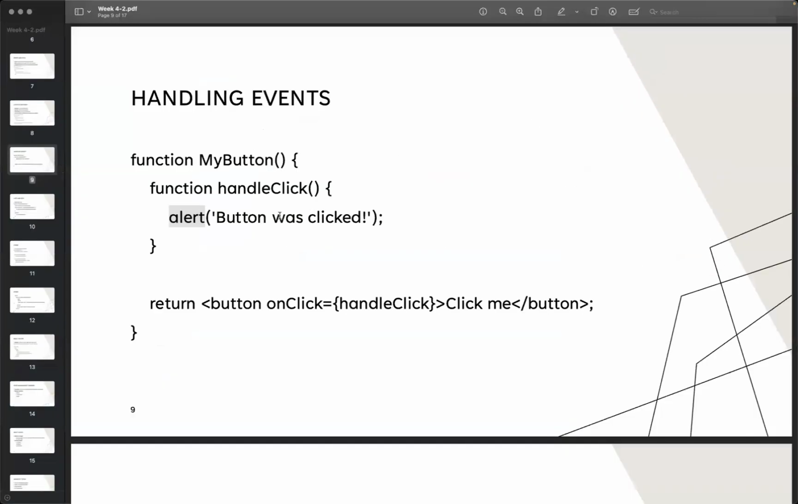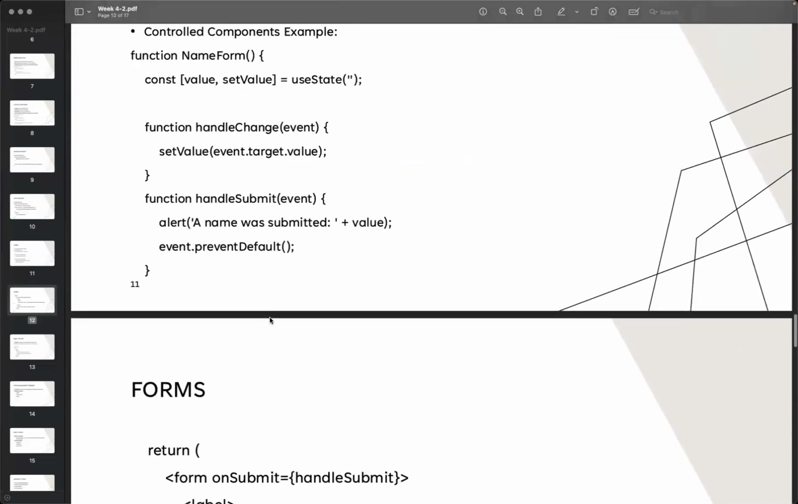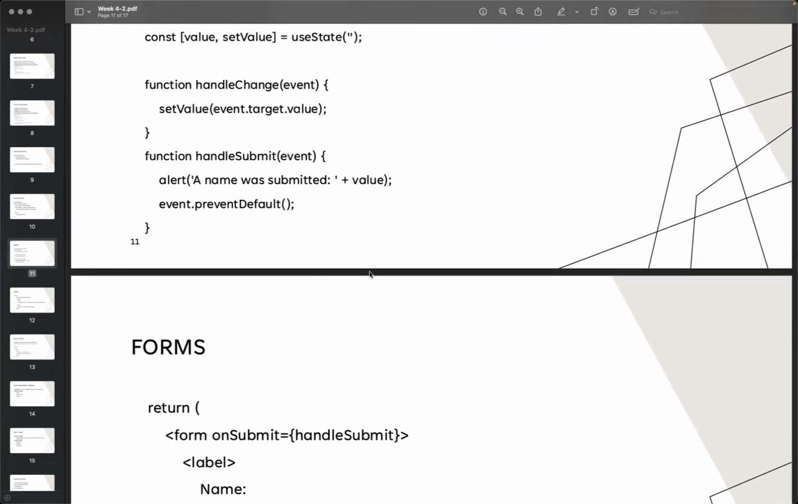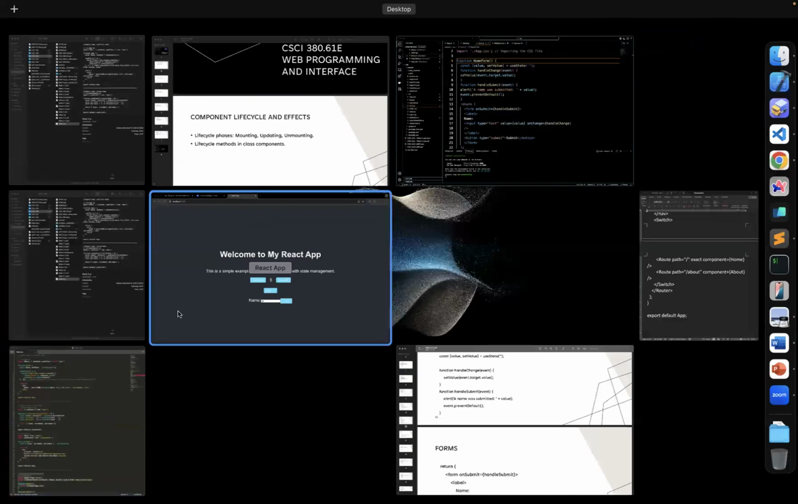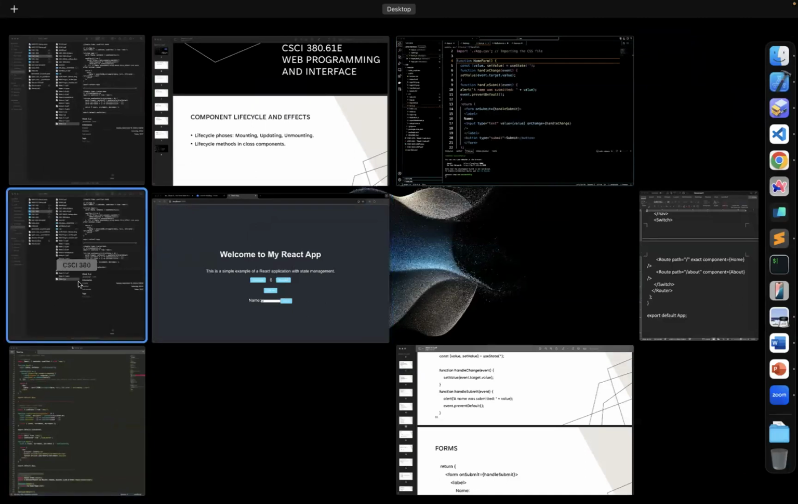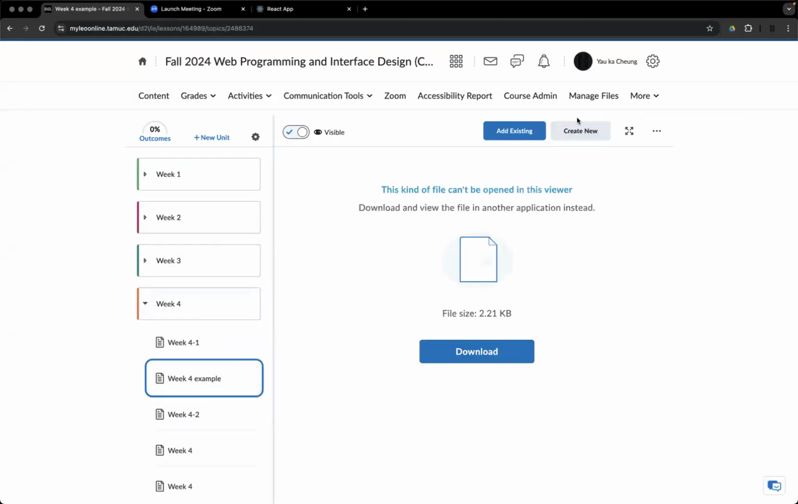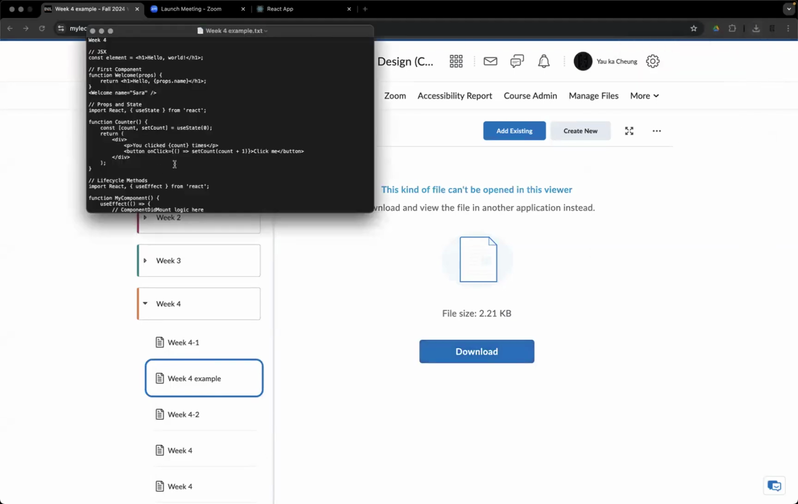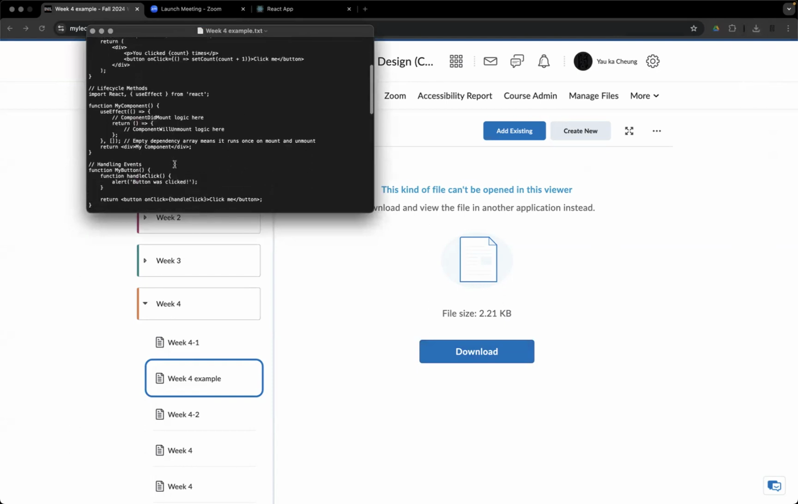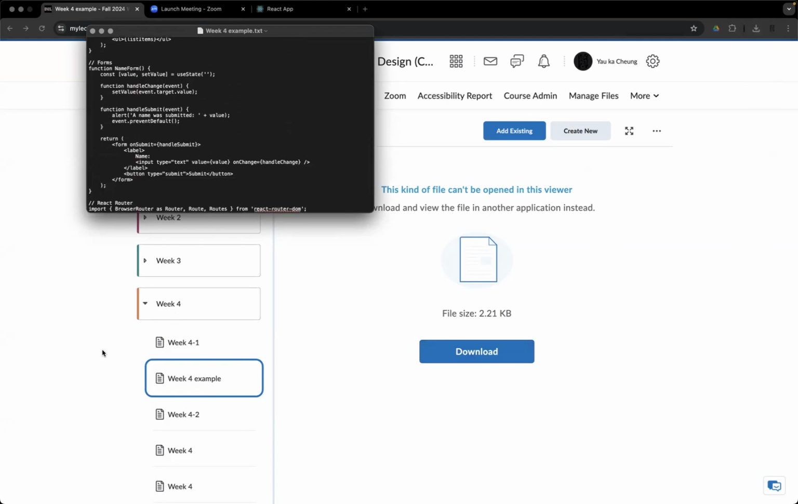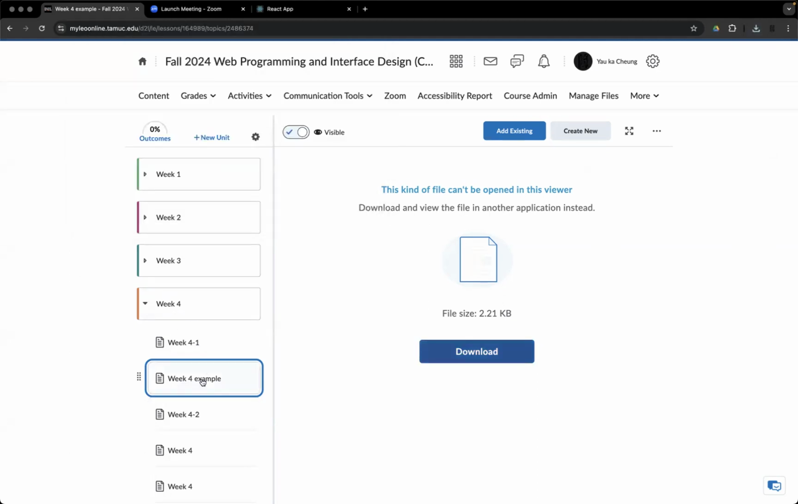I remember it's under week 4, right here. So here the form, example form right here. Yeah, I broke it down into 2 parts so you can copy. And I think I also uploaded the example. If you check the example right here, also if you go to the folder week 4, the week 4 example,